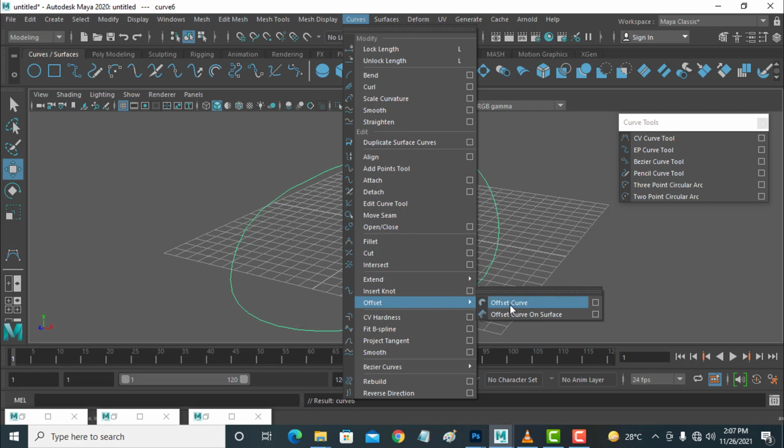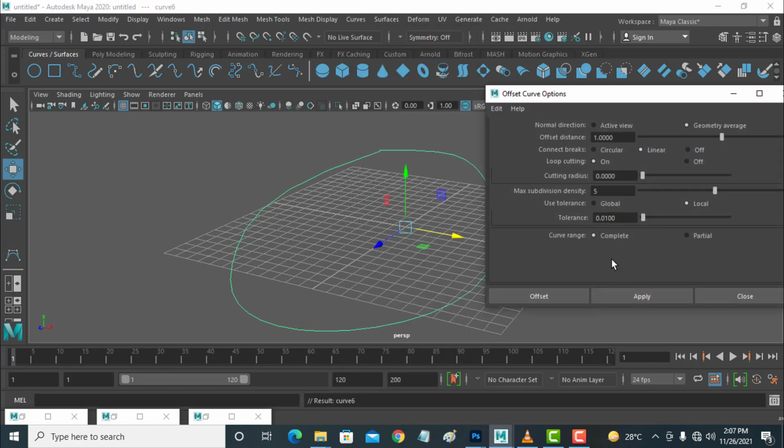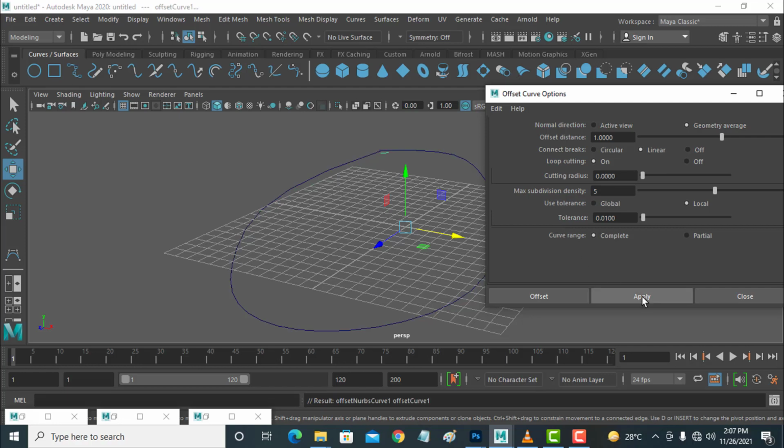offset curve. You can duplicate a line around this line, edit and reset setting and apply. Now make this more, apply, undo.